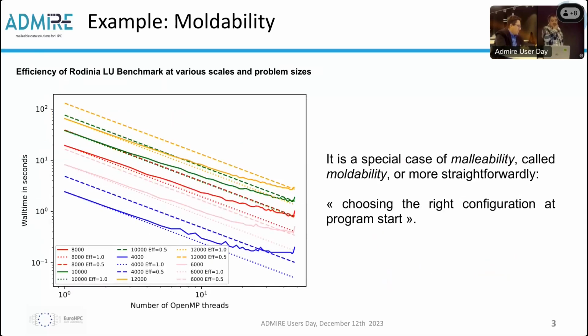So I made this slide to illustrate why we want to have malleability at first. I'm trying to show you why a performance model matters. Here you have the Rodinia LU OpenMP benchmark, and we scale it from one thread to 128 threads. The colors for the solid lines are the various problem sizes, and then we scale it. And the dashed lines are providing you the efficiency limits. So this is the efficiency over number of threads. The dotted line here is full efficiency, and here the dashed line is 50% efficiency.